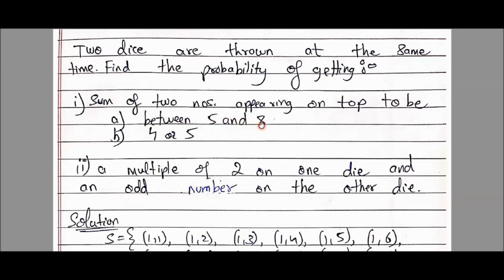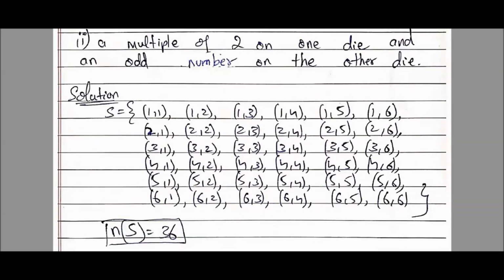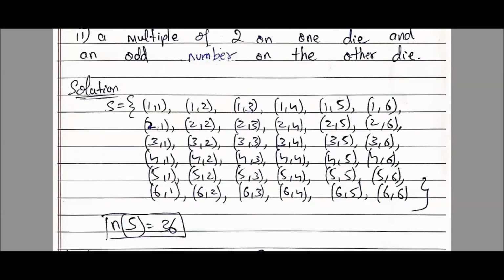between 5 and 8. Meaning, I will roll 2 dice. I'll get 2 answers. I'll add both the answers, and the answer which I get is called the sum. And that sum should lie between 5 and 8. I need to find the probability. How much is the probability that the answer comes between 5 and 8. Understanding, students? So between 5 and 8 is what we want.